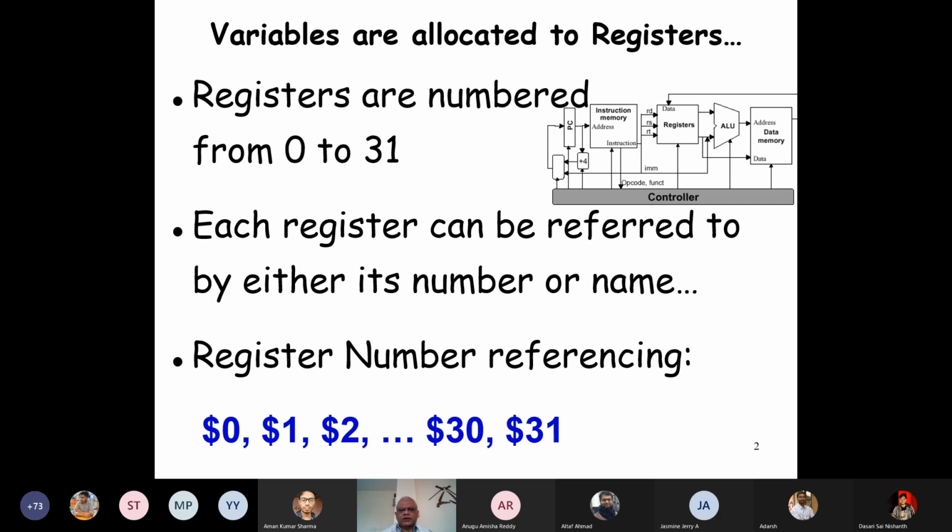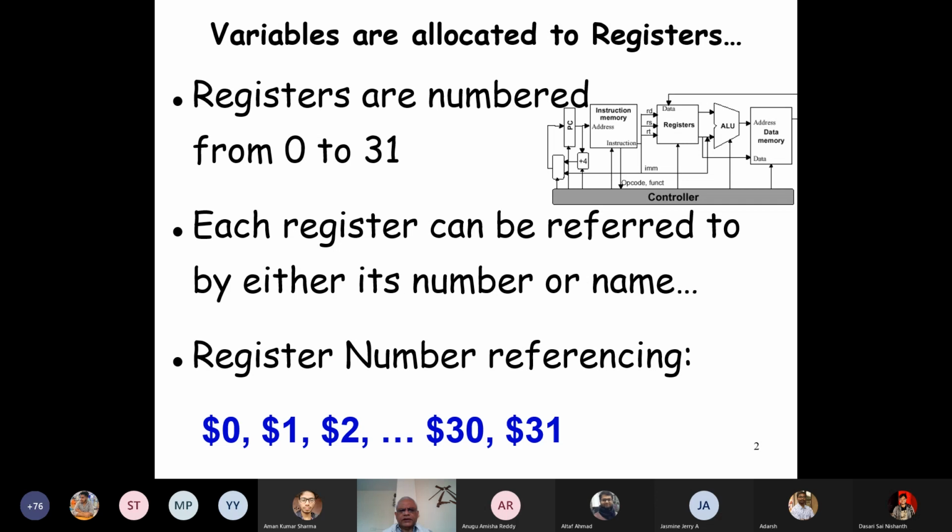One is we write the register number like R0, R1, etc. Or there are names given to these registers, like temporary registers, saved registers, stack pointer, etc. So we can also write a valid program using the names of the registers.